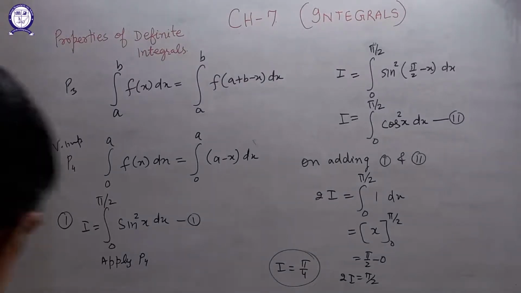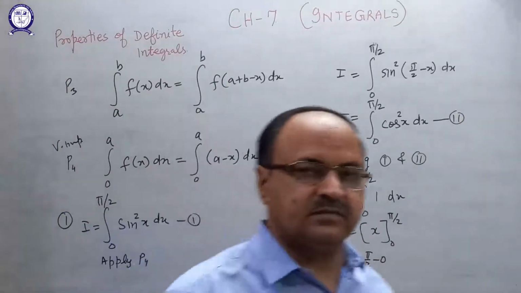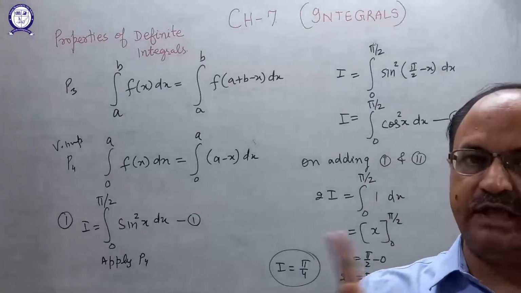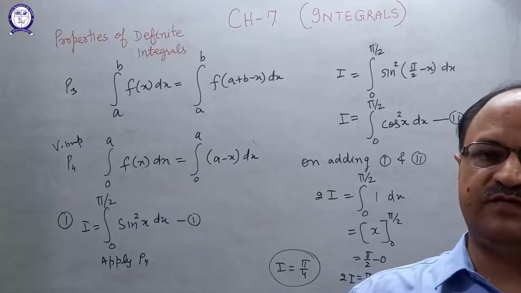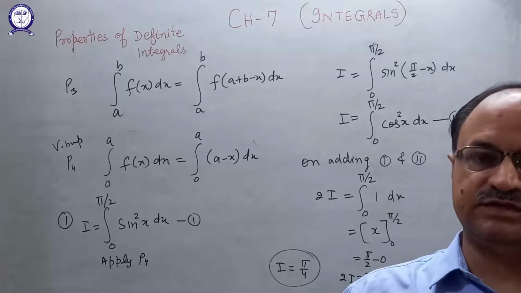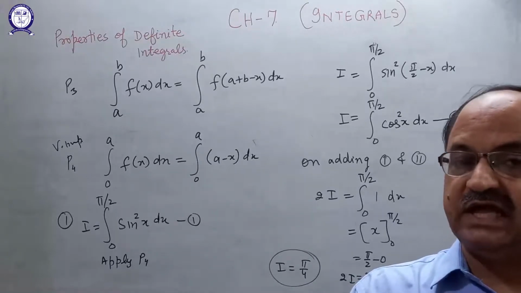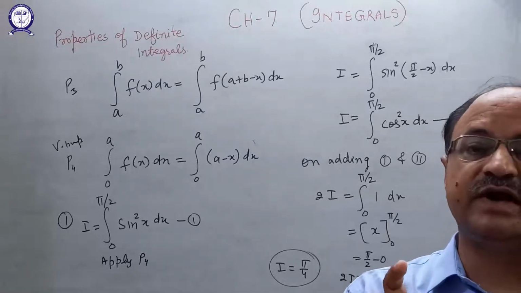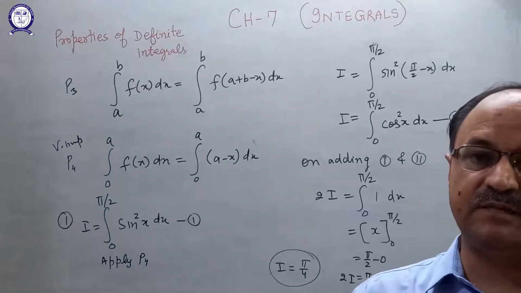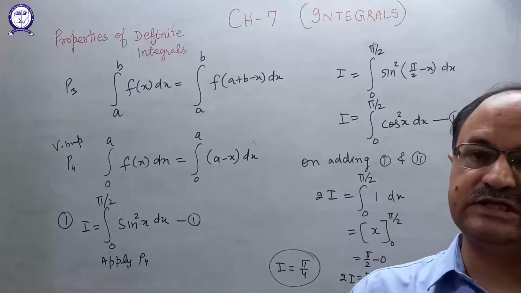Right? You can check. When you apply P4 and then add equation number 1 and 2, the question is simplified in the form. When you add both equations, you will see that the question becomes very easy. Suppose when you are applying P4 and after applying P4 you add equation number 1 and 2, there is no simplification.